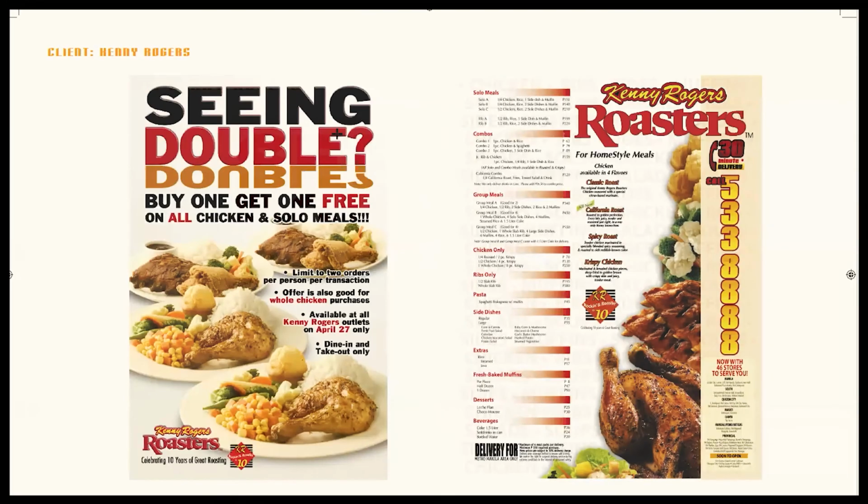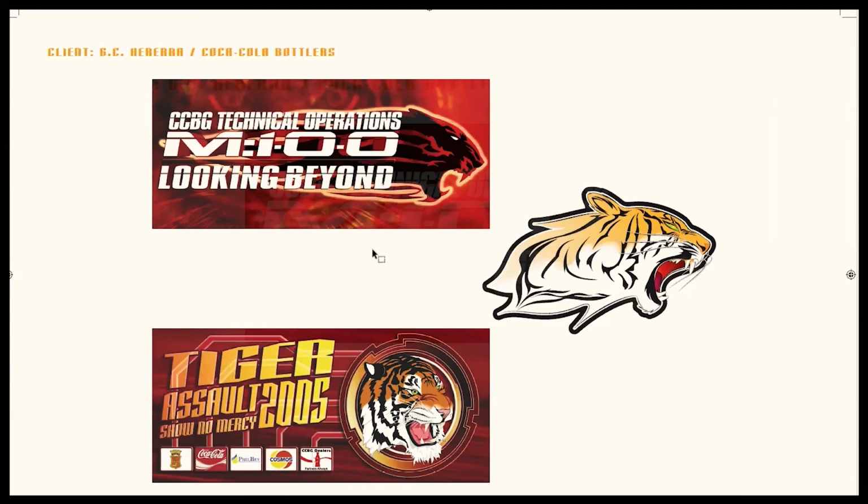You've seen this earlier. Now this one is not really for Coca-Cola itself, but Coca-Cola bottlers. Okay, the Coca-Cola bottlers is the marketing arm for Coke here in the Philippines. Not the advertising agency, but the one that they have certain events in promoting the drink. Okay, so I've done several events here, about 4 or 5 of them throughout a span of 4 to 5 years. Okay, so same concept, tiger, using the same color schemes. Okay,